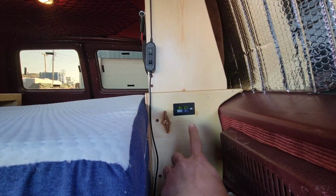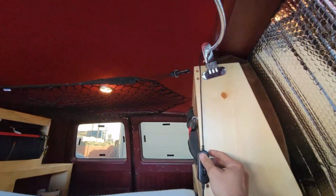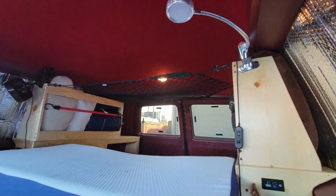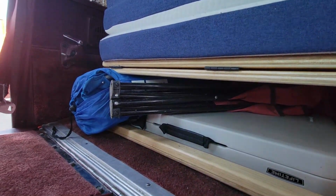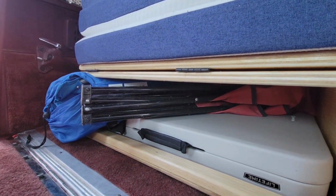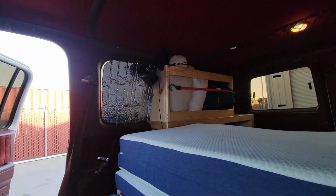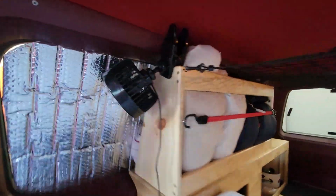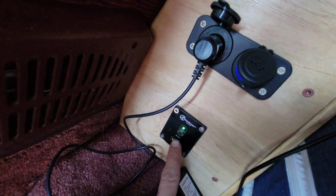Here is a battery reader, and then up here is an LED light, which is currently plugged in. You can see it has 2 lighting settings. On this side, we have a folding table, and we have some lawn chairs right on top of that folding table. And then on the other side, let me just hop in here. I have a fan right there, and it is currently plugged into this 12-volt outlet, and that is your inverter